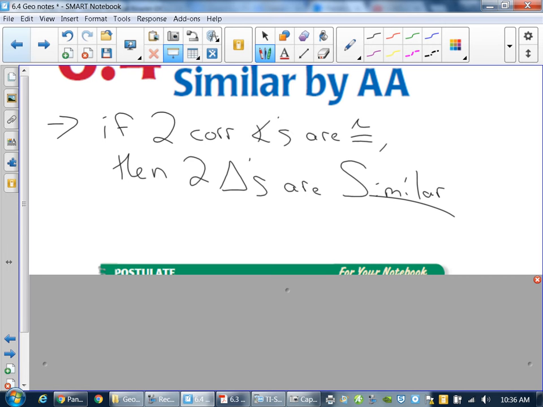So like I said, it's just a matter of now being able to look at a diagram, come up with the angles that match up, write your similarity statement, and go. Okay. So for example,